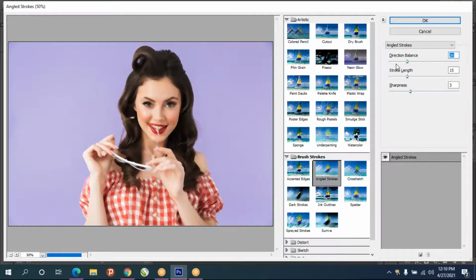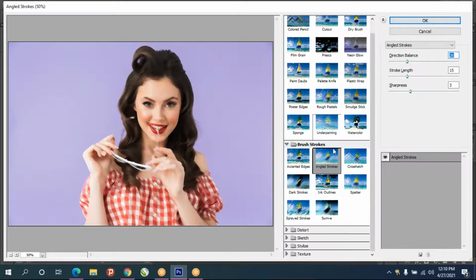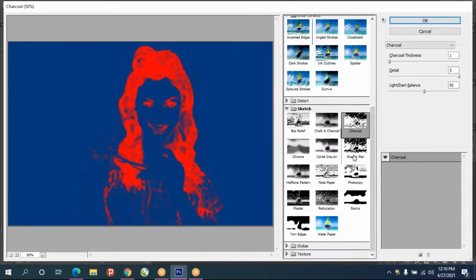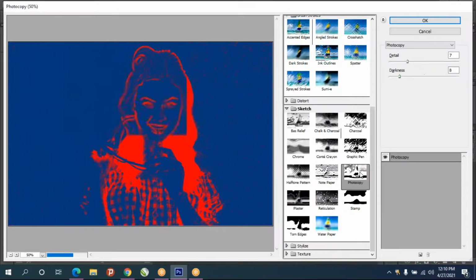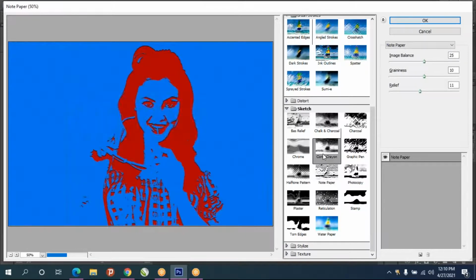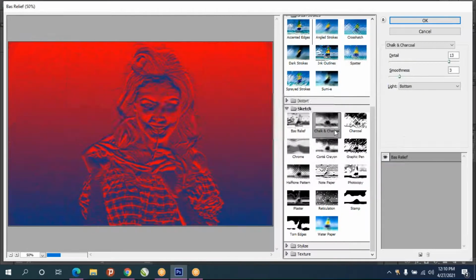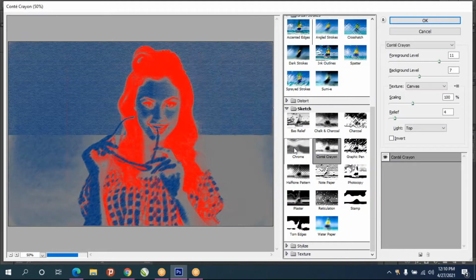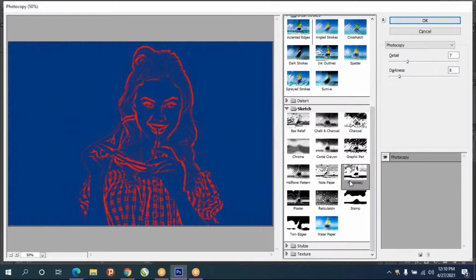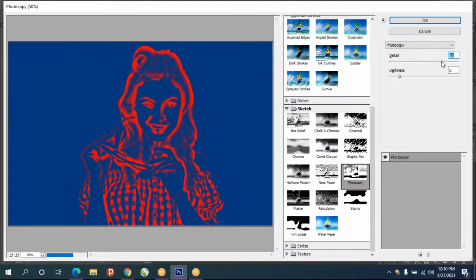And after that, just adjust and check. See, we have sketch effect and all. And increase the detail value and darkness value like that.